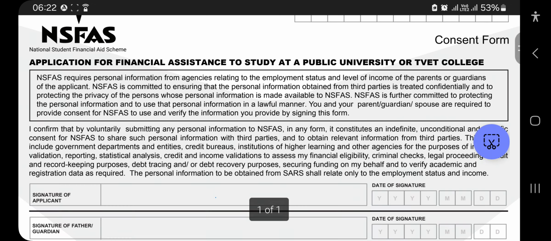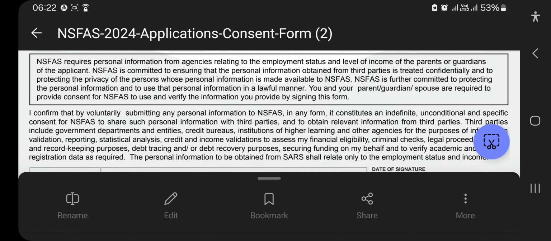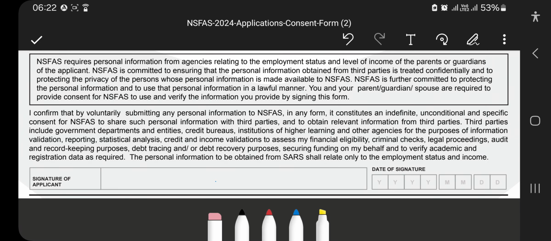From here, we are going to do edit. We tap on edit. Then we have our pens down here: the first one, the second one, the third, the fourth, and the fifth one. We're going to focus on the second one and the fourth one. Mostly we are required to use a black pen. Then there's a blue pen. You may also use a blue pen for clarification. So I'm going to use the blue one